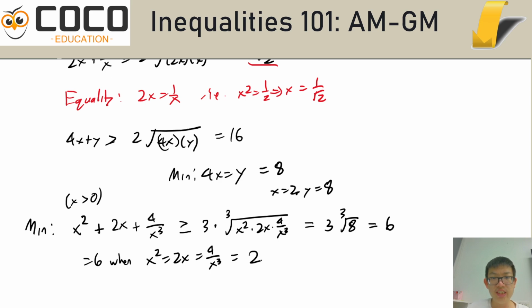Okay, that's not quite right, is it? Yep, that's not going too well. That's not ever happening. Is AM-GM wrong? No. It just said it is greater than or equal to 6. That does not mean that it can be equal to 6. So in all the things that we apply AM-GM to, the statement of AM-GM is always going to be that, oh, here's a comparison. Can it actually happen? I don't know. You deal with that yourself. You can just see. Does it work? Does it not work? It depends.